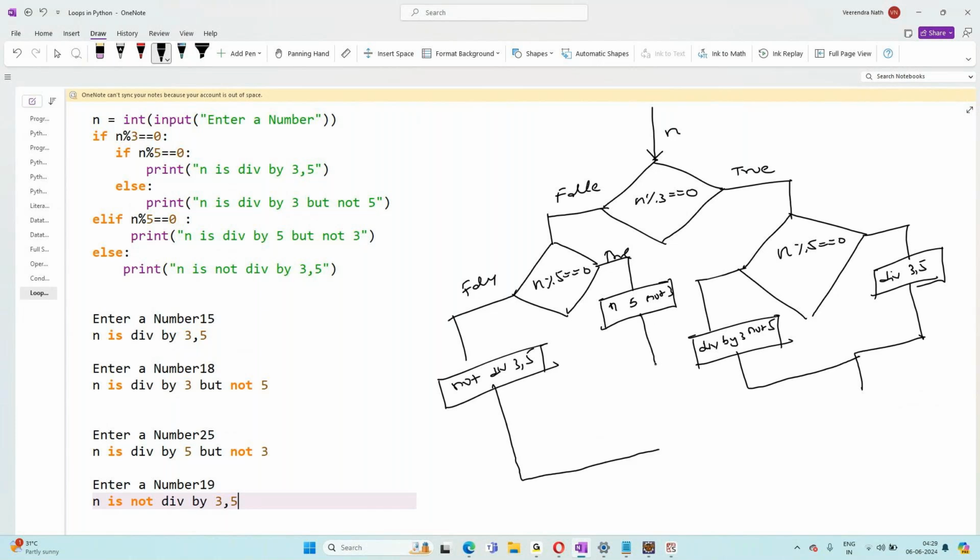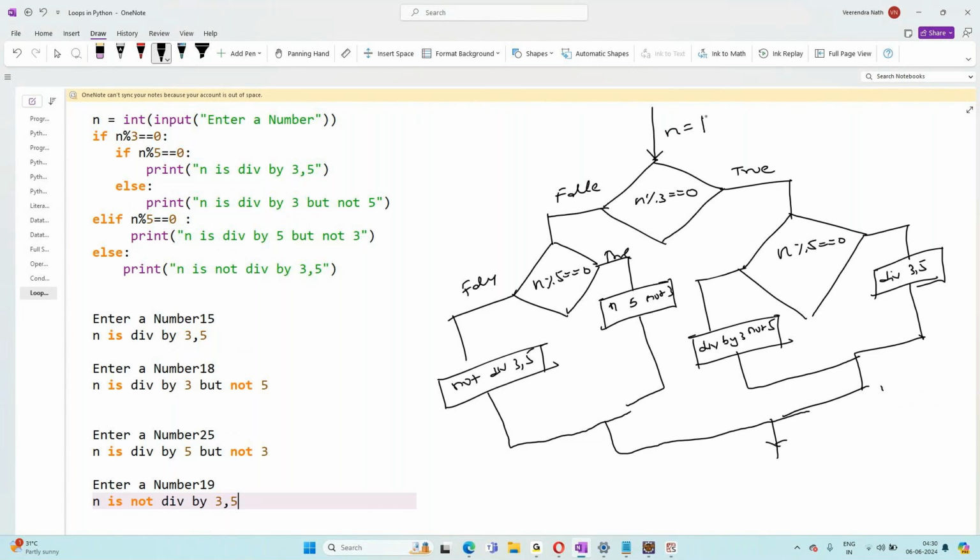Okay, so that's how you are going to do it. This is going to be n not divisible by 3, so this is true, and it will be the end. And here also it will be the end, and this will come to the end of the if. Okay, now the first value is n is equal to